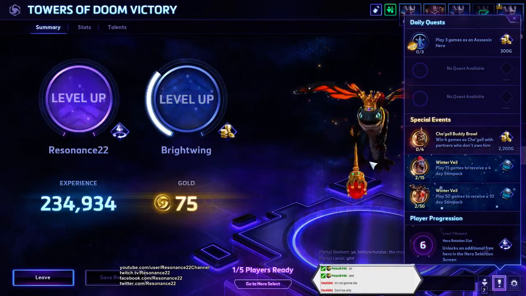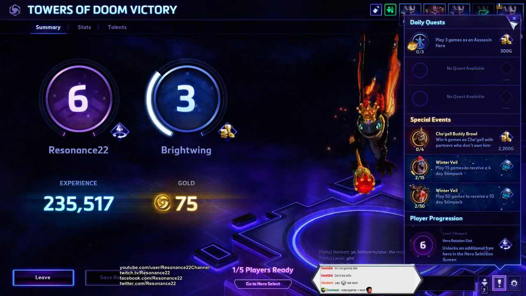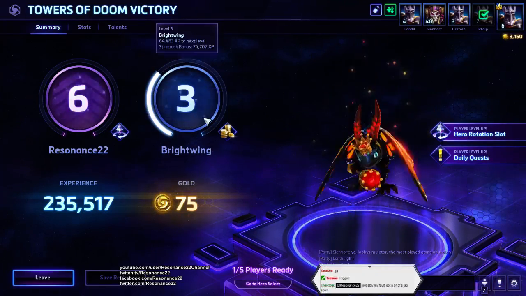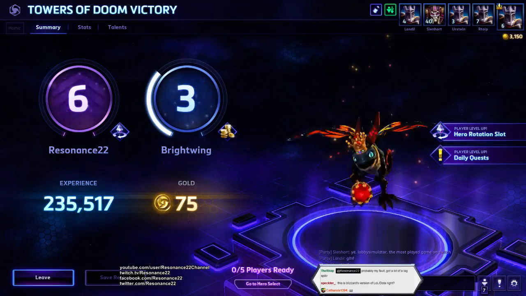Yay! On my main account, I have like hundreds of games under my belt, and I'm actually level 40. But this is just an alternate account. Yay, and I'm level 6! Now I get access to quests, which bring on the money. Not bad. You get so many rewards for progressing through this, and if you ever decide to try Heroes